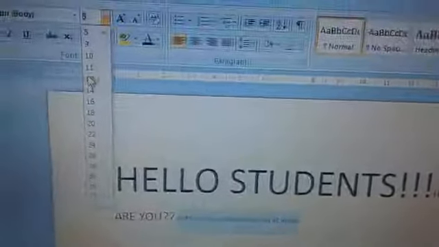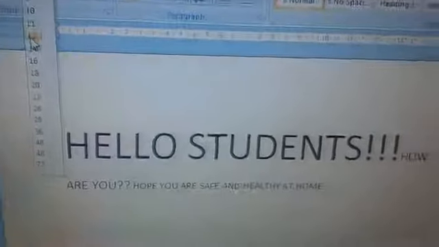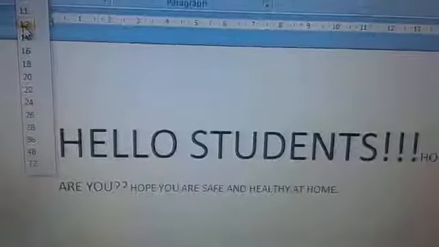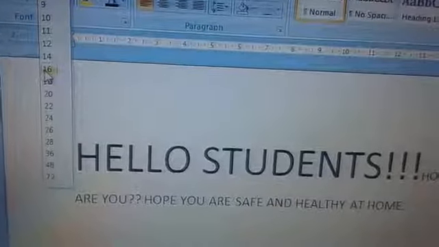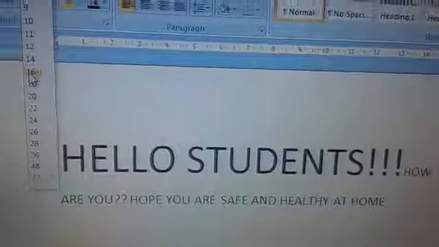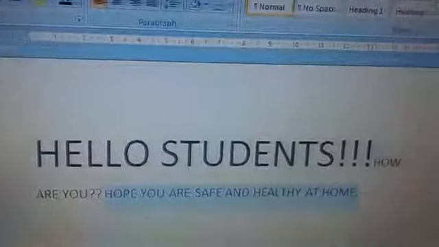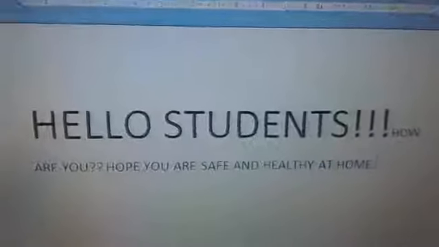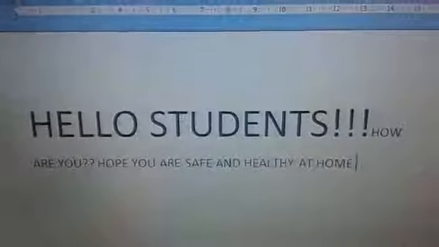Select that part, go to size 12, click on size 12. Do you think size 12 will be appropriate for this, or you want a little bit bigger size, say size 16? How are you, and hope you are safe and healthy at home will be of the same size. So let's click on size 16. This size is changed. So this is all about changing the size.